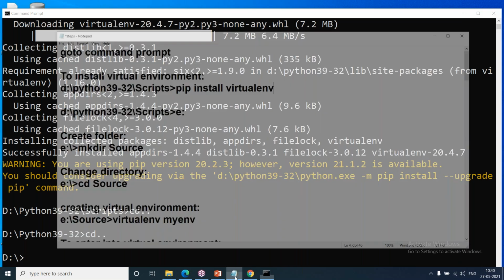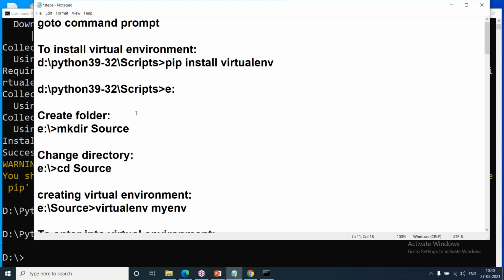Now you can see, after installing this, we'll go to the drive where we want to store Django projects. Here I'm using E drive or D drive. I may use D drive only. After going to the required location, we'll go to D drive or E drive, F drive, anywhere we can do this.